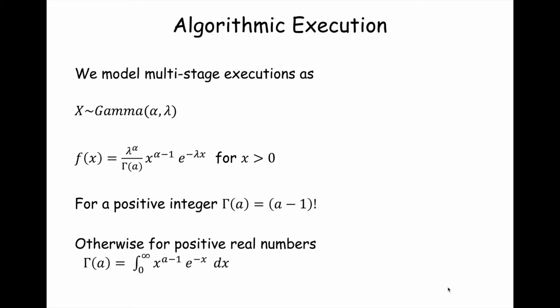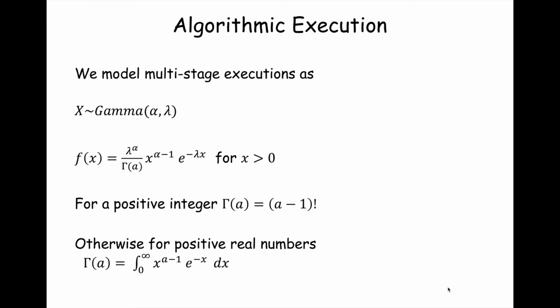So x is distributed as a gamma distribution, and that gamma distribution is governed by 2 parameters: alpha, the number of steps in your algorithmic execution, and lambda, which is the rate parameter associated with the time observation. And so this is a continuous distribution. And the reason why it's a continuous or real value distribution is because we're trafficking in time here. And time is uncountably infinite, and therefore this is a continuous distribution, and we call this probability a density function.